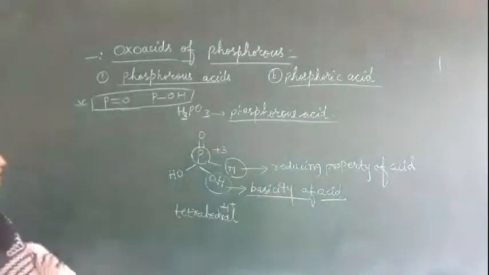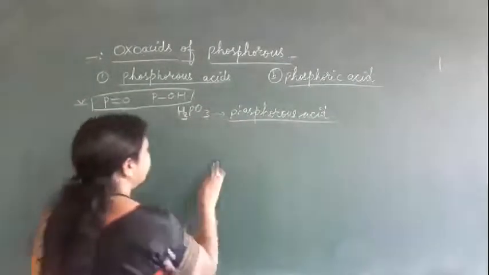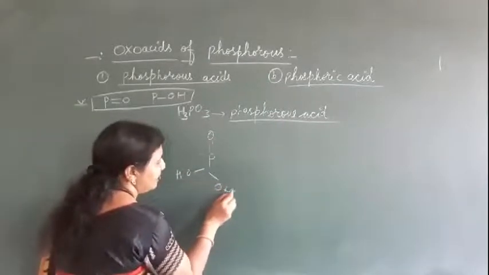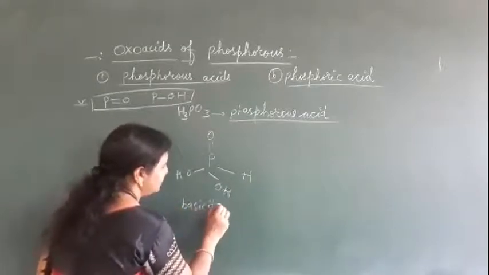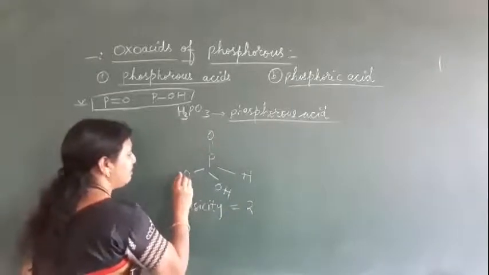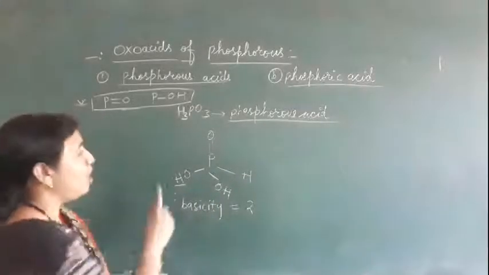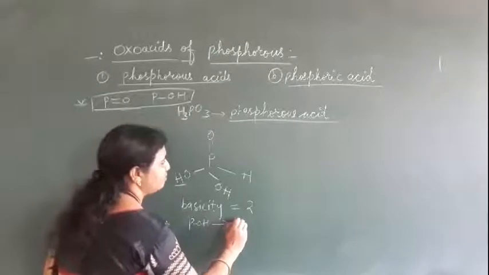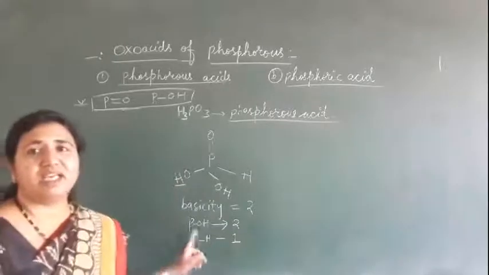Now see here, what is its name? This is phosphorus acid. The structure is P double bond O, OH, here OH we have and here H we have. So what is the basicity of this acid? The basicity of this acid is 2. So 2 OH bonds we have here, and this H will be replaced. That's why the basicity of this acid is 2. How many POH bonds we have here? In this case we have 2. How many PH bonds? 1 we have here. Each point can make one bit.